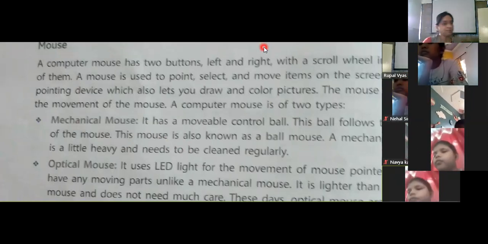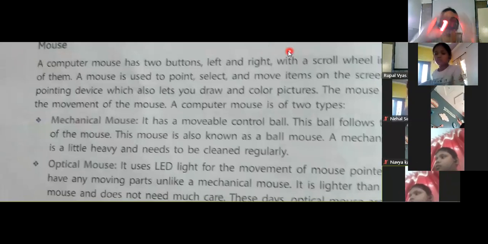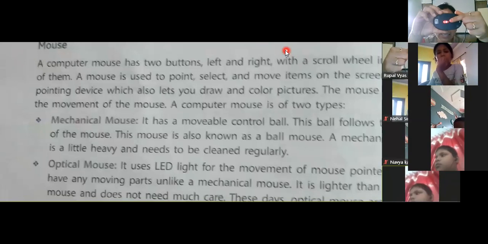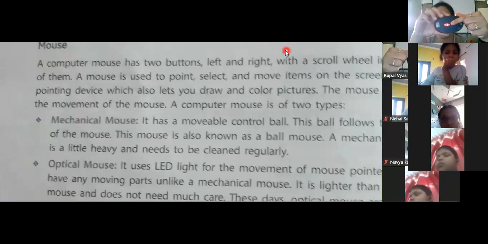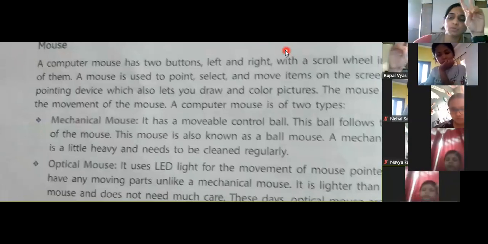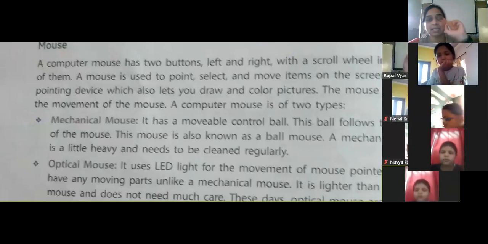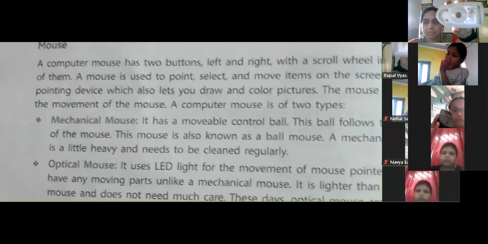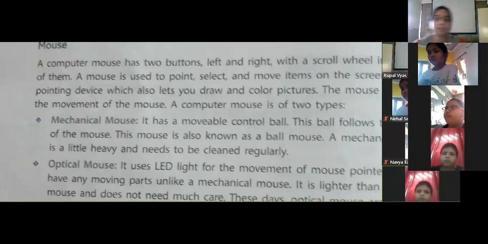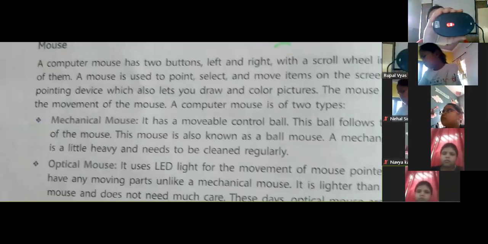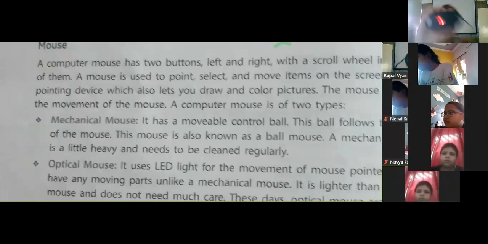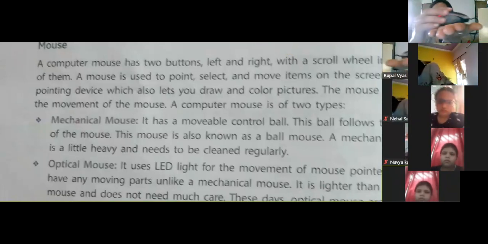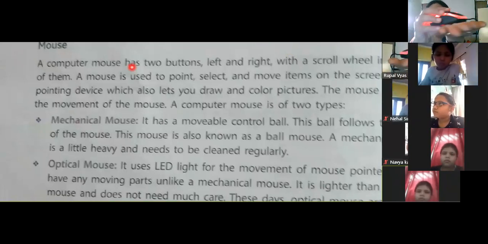Yes, the second one is the optical mouse, like this way. This is the optical mouse. In this, you can see one light is there. This is called the LED light. So two types of mouses are there. Basically, the very first is the mechanical mouse, in which we have a ball at the bottom side, and the second one is the optical mouse, in which we have LED light at the bottom side. When we move the mouse on the surface, according to the movement of this mouse, the light will